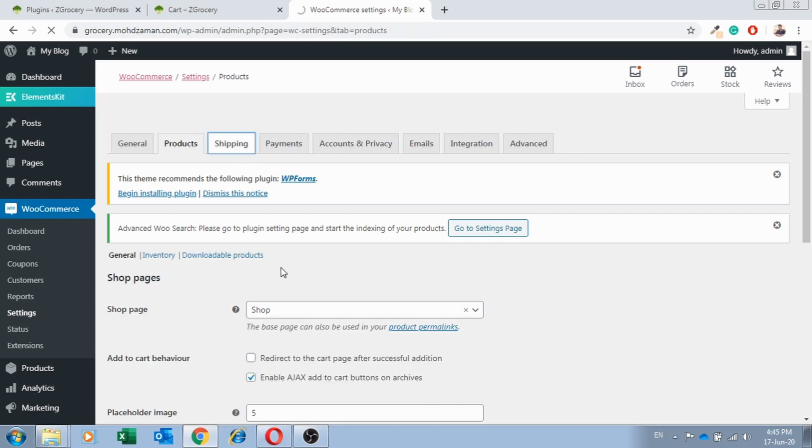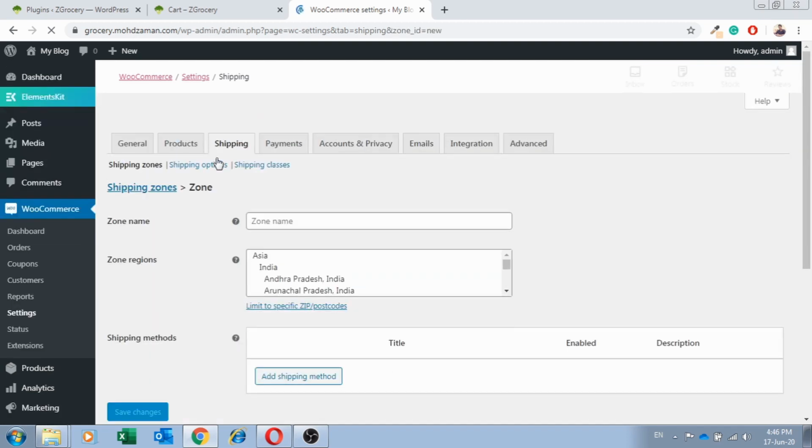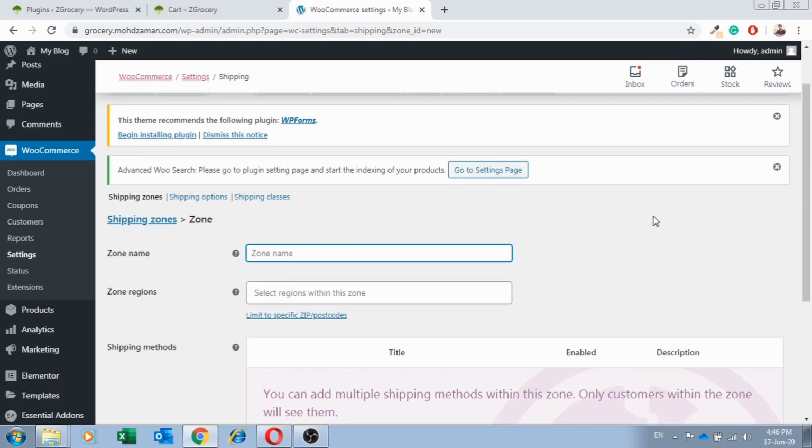So come to shipping. Over here click on add shipping zone. In this tab we have to define where we want to provide our services. The area, the location where we want to deliver the groceries that we have to our customers. So we will define the area by naming the zone. So I'll name it zone 1,